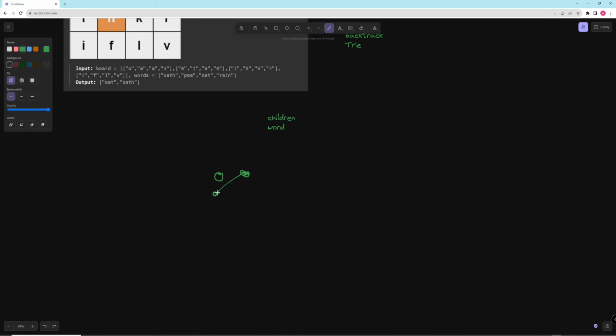So let's have O, A, T, H, and then P is going to start with a different letter, so P, E, A. It's going to be like this, and then eat is going to start with a different letter, so E, A, T, and rain is going to start with a different letter, so it's just going to be like this, A, I,